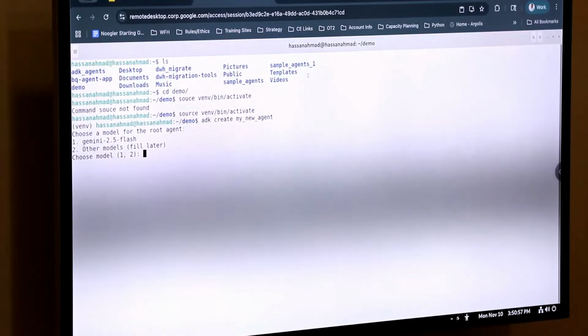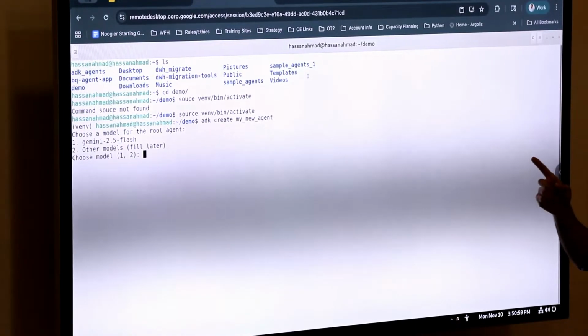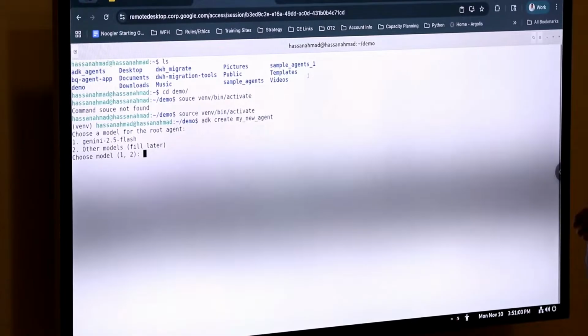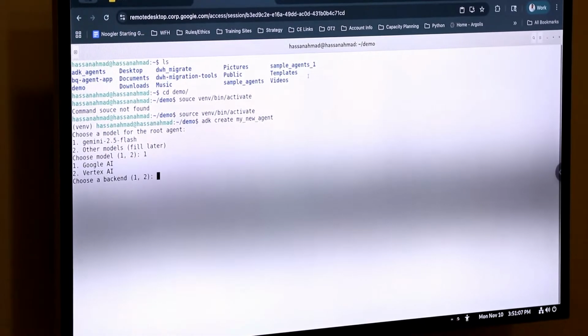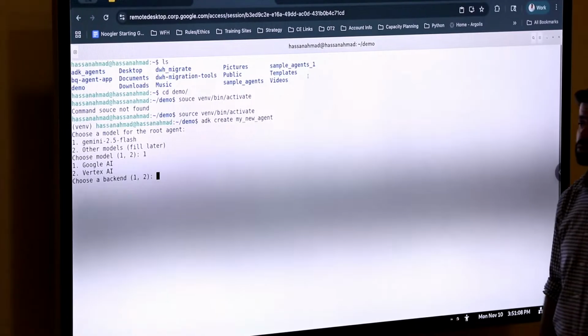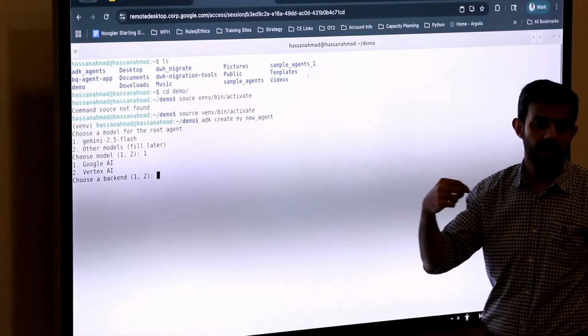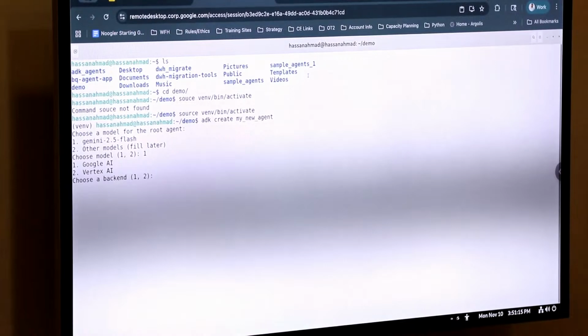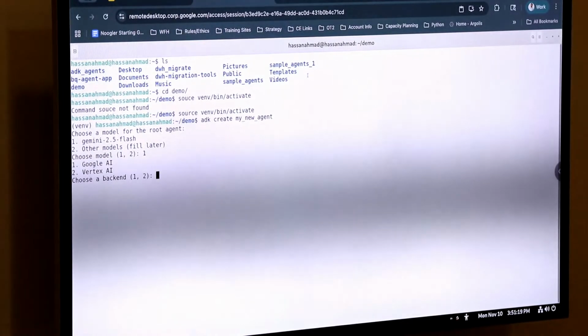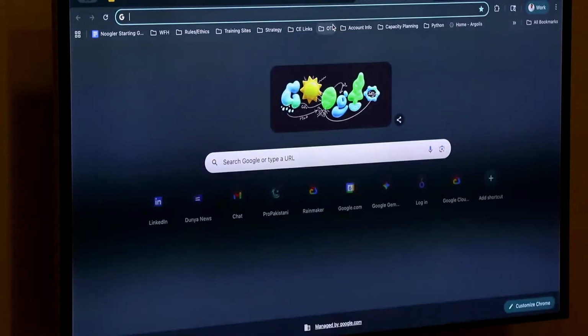So when I come to create a new agent, it is asking, do I want to use Gemini or any other model? Let's say I ask it Gemini. The next thing it is asking, do I want to use Google AI Studio or Vertex AI? Vertex AI is the enterprise version of Gemini that comes through Google Cloud. AI Studio is the free version that I just showed you. So if I say I want to use AI Studio,